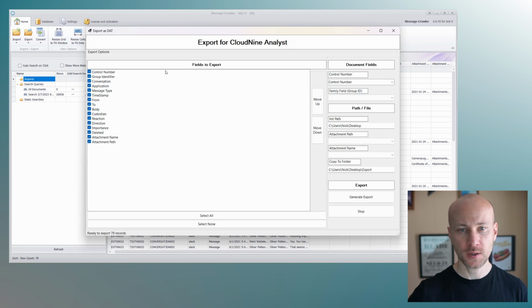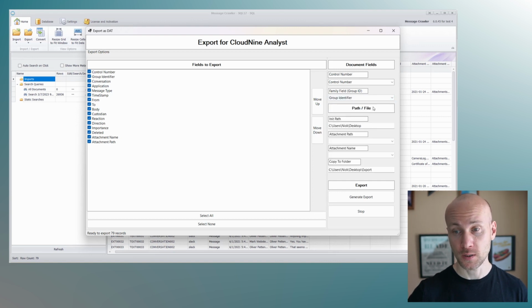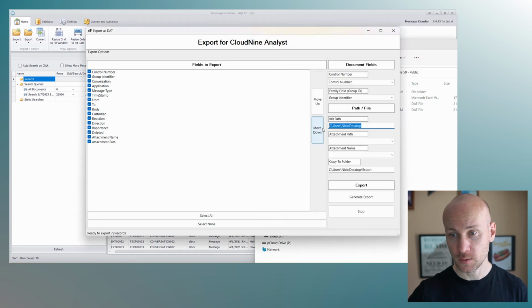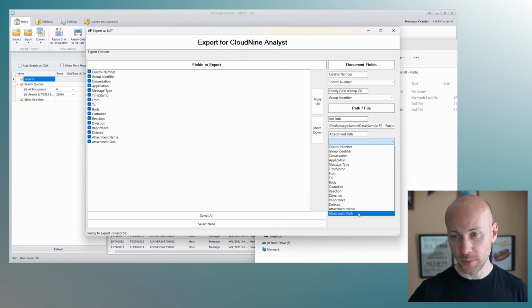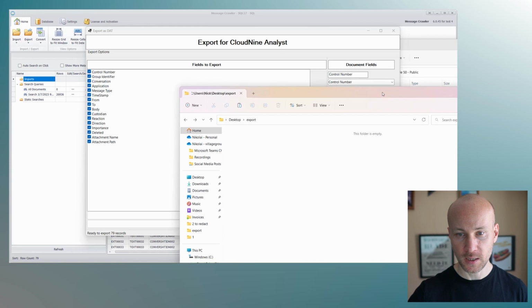And what we're going to do here is tell message crawler what fields are what. So control number, it already knows, but let's remind it what is the group identifier of the family field, what is the path that comes before the attachment here, which is already set. Actually, it is not set. I'm going to need to adjust that real quick. I'm going to copy this and paste right here. Our attachment path is going to be path, name is name, and we're going to export to this blank export